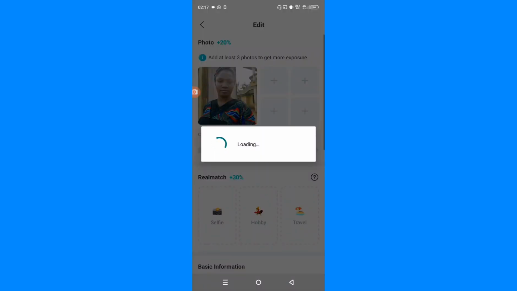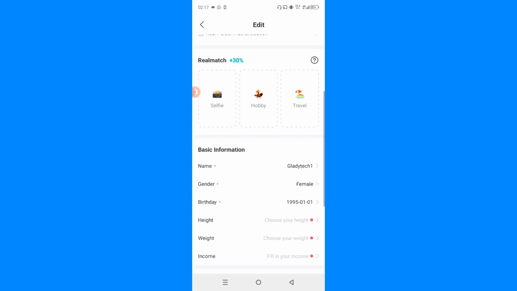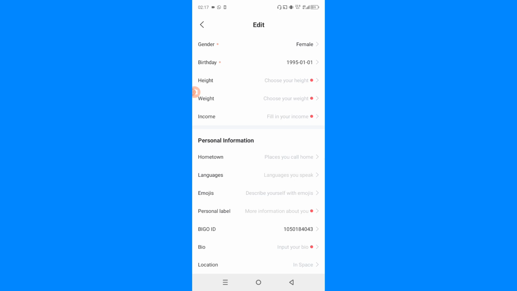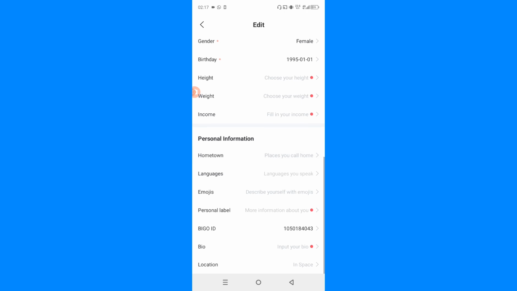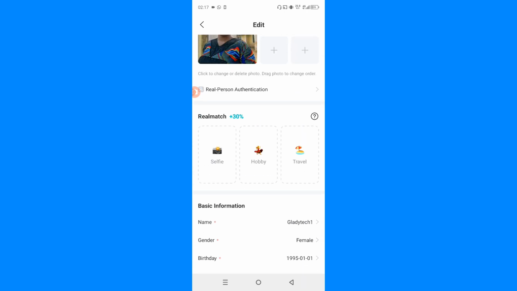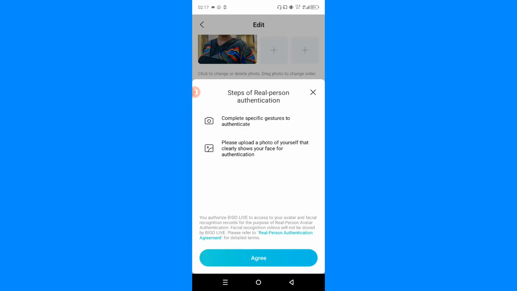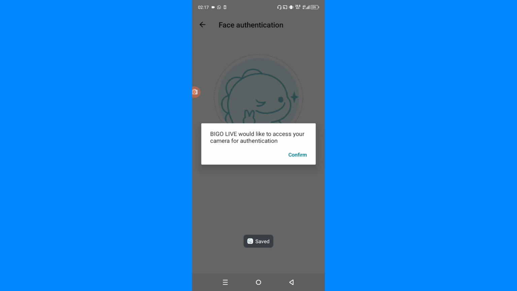Tapping on the second icon is going to take you to this phase of your Bigo Live where you have to tap on the real person authentication. Tapping on the real person authentication is going to take you to this phase of your Bigo Live, which is this. You just have to tap on activate authentication, agree,